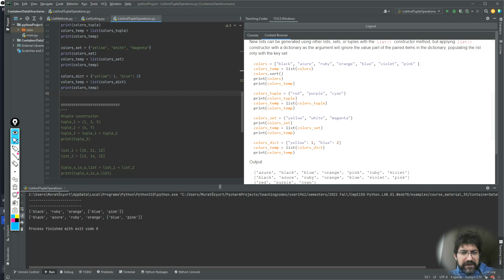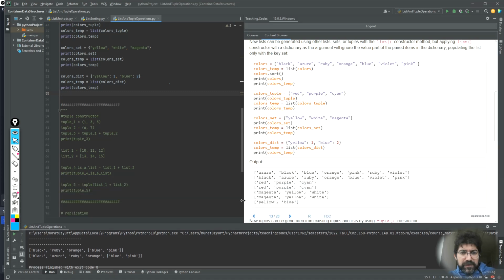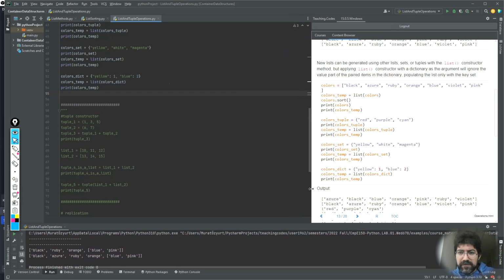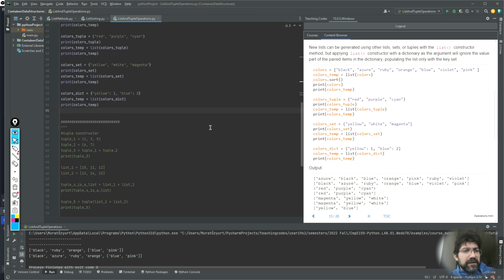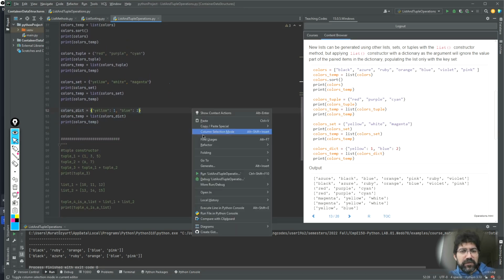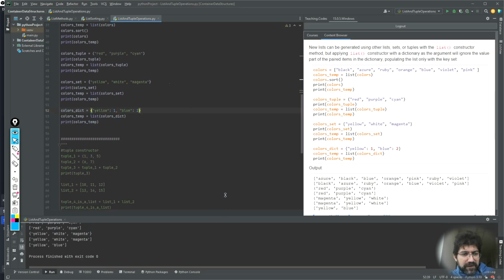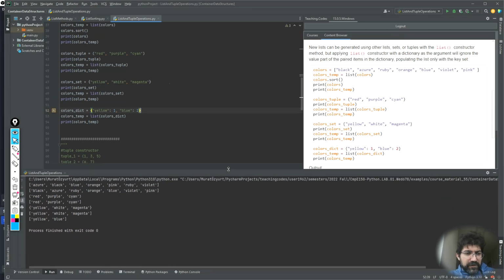So what I mean is, when you insert items to a set, the set does not guarantee that they are going to be ordered in the same manner. So I have this yellow, white, magenta, this line. So this line is simply a list generated from a set,